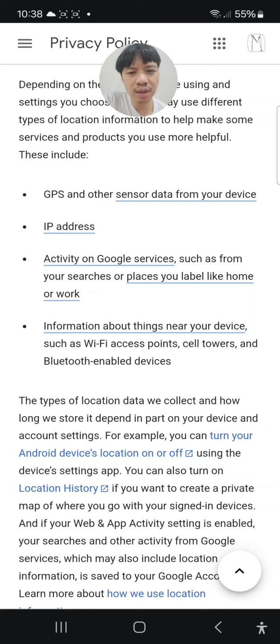Let me read that again. Activity on Google services such as from your searches or places you label like home or work. Wow! Wow, I didn't pay attention to that before. Information about things near your device, such as Wi-Fi access points, cell towers, and Bluetooth-enabled devices.